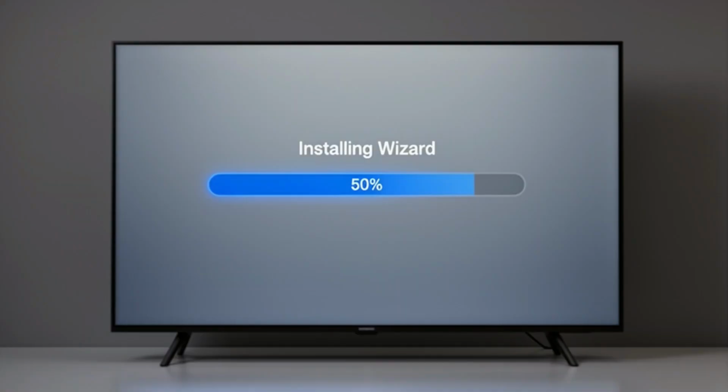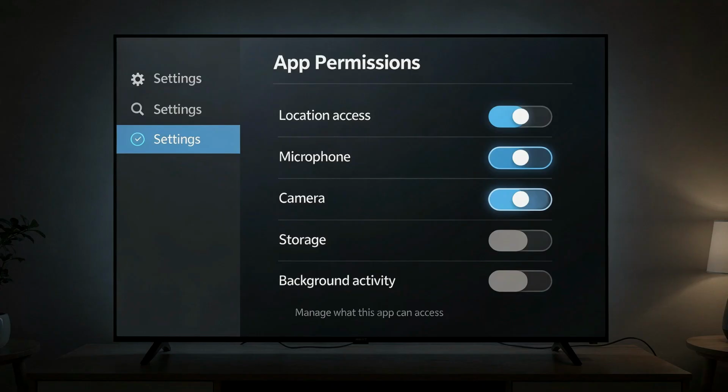This will connect and download the wizard setup. Click Install, then press Done. Go back to your Developer Options and make sure Install Unknown Apps is turned on for the wizard. Launch the wizard, choose the Wall Power option, and ensure your Firestick is plugged into an actual outlet, not your